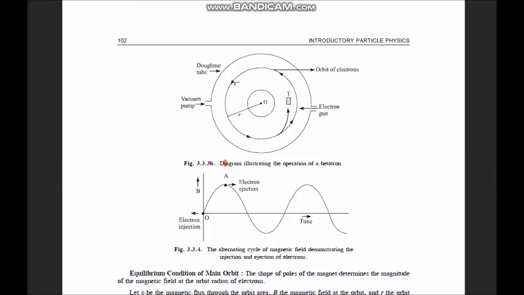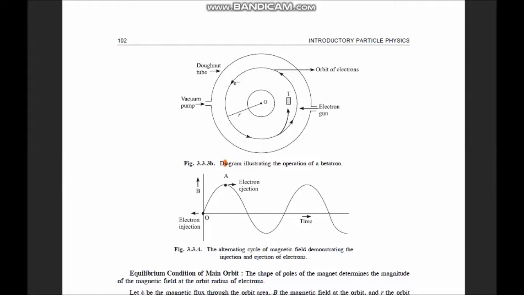And here there is an electron gun, and from this part the electrons are injected inside this path at the proper time by pre-accelerating them with some other device. And once they enter this orbit, the electrons go on moving along the circular path, and of this time varying average field, only from 0 to A, 1/4 of the cycle, is taken to accelerate the electrons